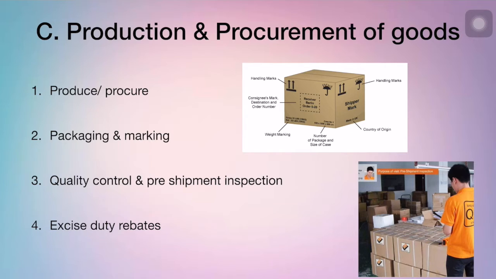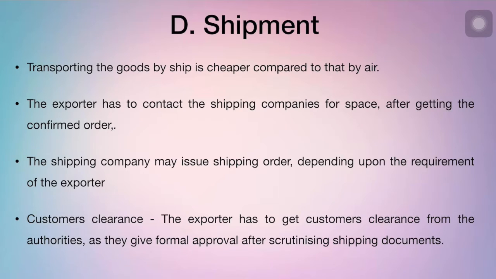so you're going to check for the quality and the inspection. And then we have excise duty rebates, that is, the government has exempted the goods meant for export from imposition of excise duty. So why are they being exempted? Because in order to boost sales, or I would say exports, the government has exempted. Okay, so only for certain goods, not definitely all the goods, certain goods the government has exempted.